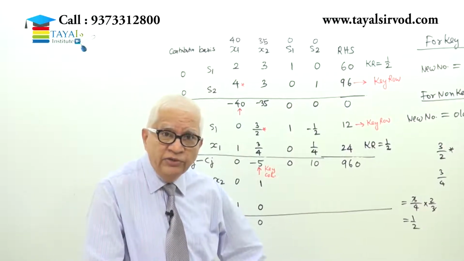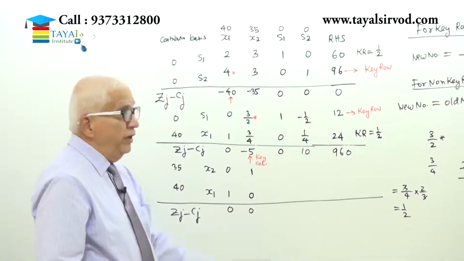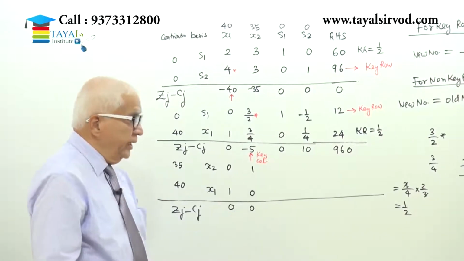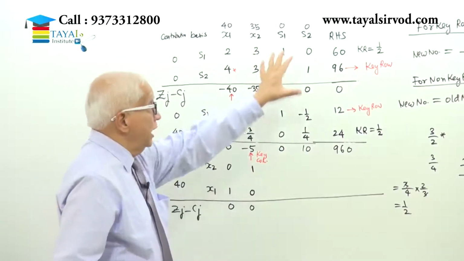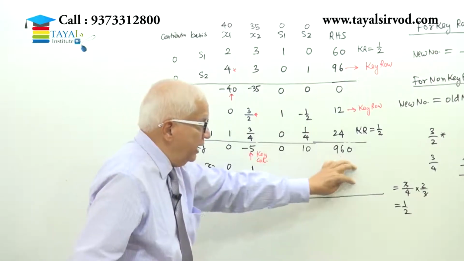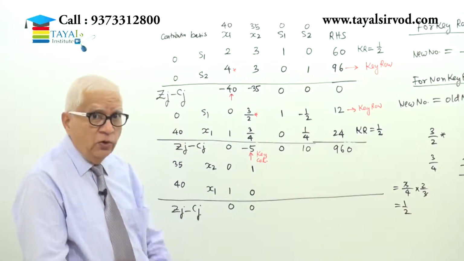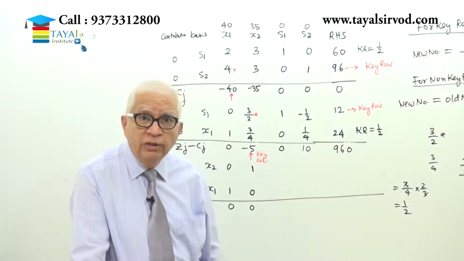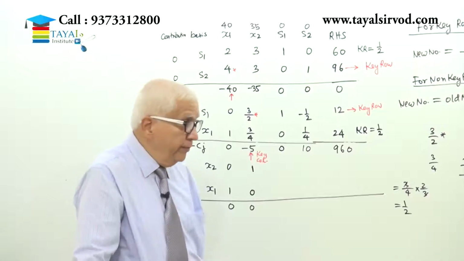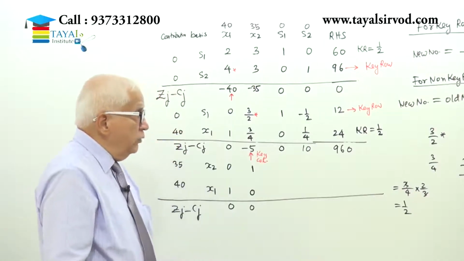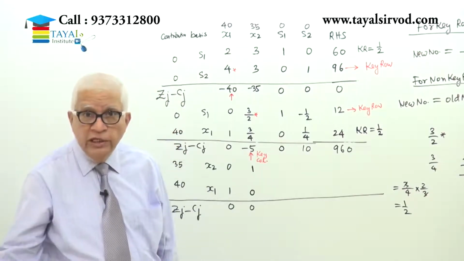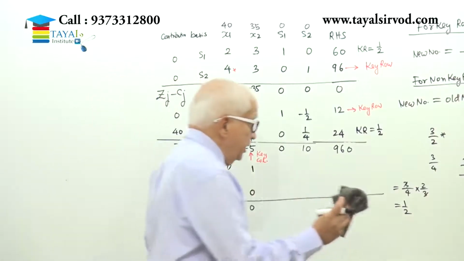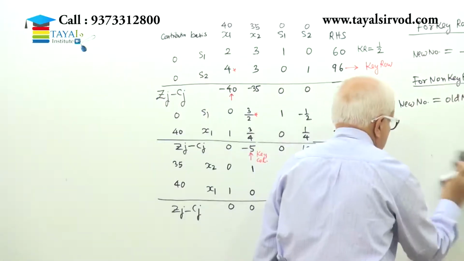Once identity matrix is written, out of 4 variable columns, 2 are already ready. So what do we need to do? Calculate the S1, S2 column numbers and the RHS column numbers. So in every row, out of 5 numbers, 2 are already done. So remaining 3 numbers have to be calculated. How do we go about it? We always transform the key row first. Okay. So let me transform the key row now.